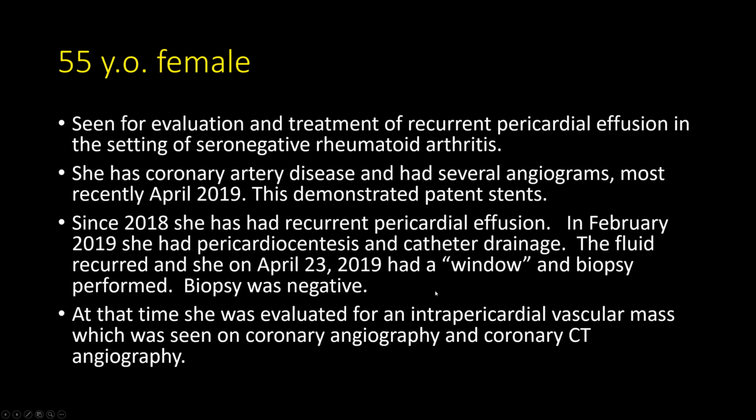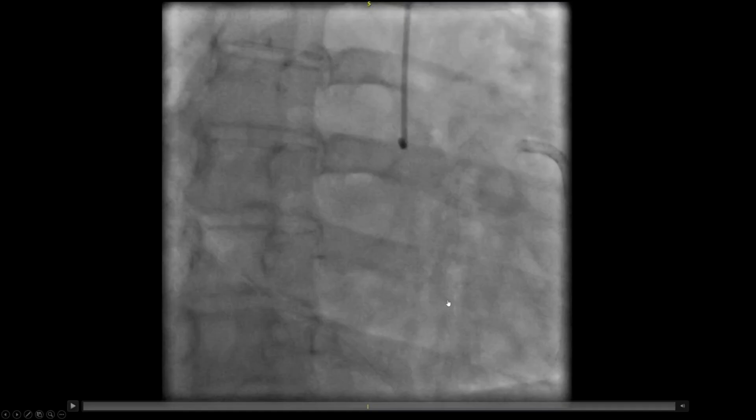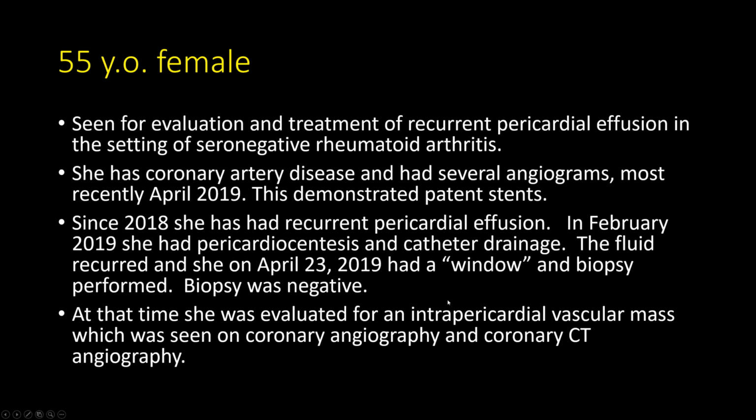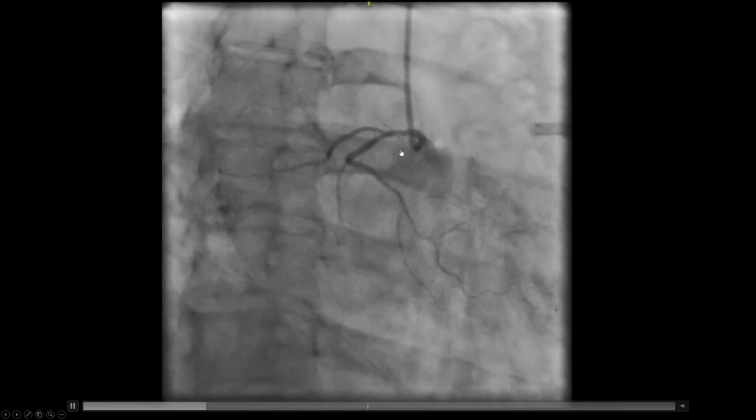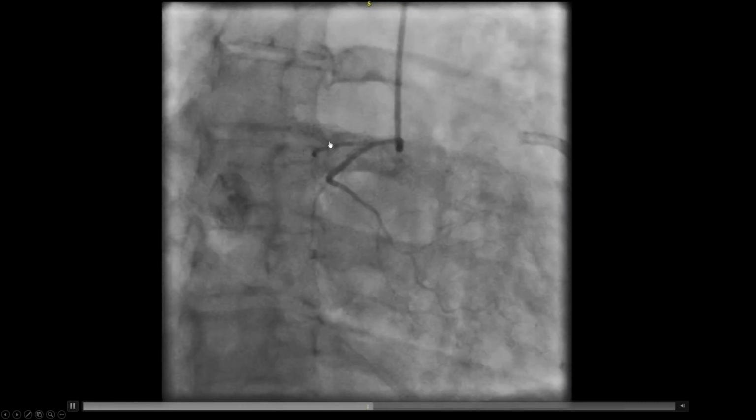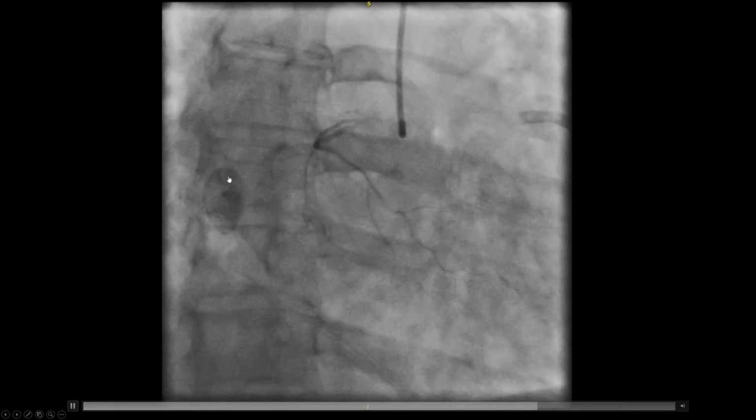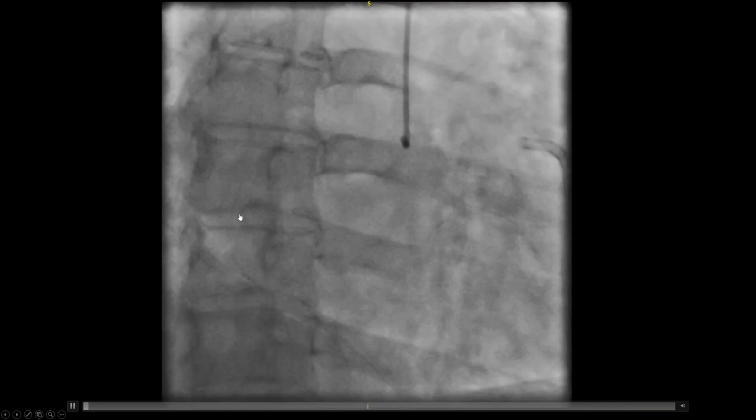I was going to show a couple of post-op or operative type cases, put it that way. So the first is a 55-year-old female. She's seen for evaluation and treatment of recurrent pericardial effusions in the setting of seronegative rheumatoid arthritis. She has a history of coronary disease and has had several angiograms, most recently April 2019. I read this case last week, so it's a fresh case. This case demonstrates patent stents. She had recurrent pericardial effusions. In February, she had a drainage. The third, April 23rd